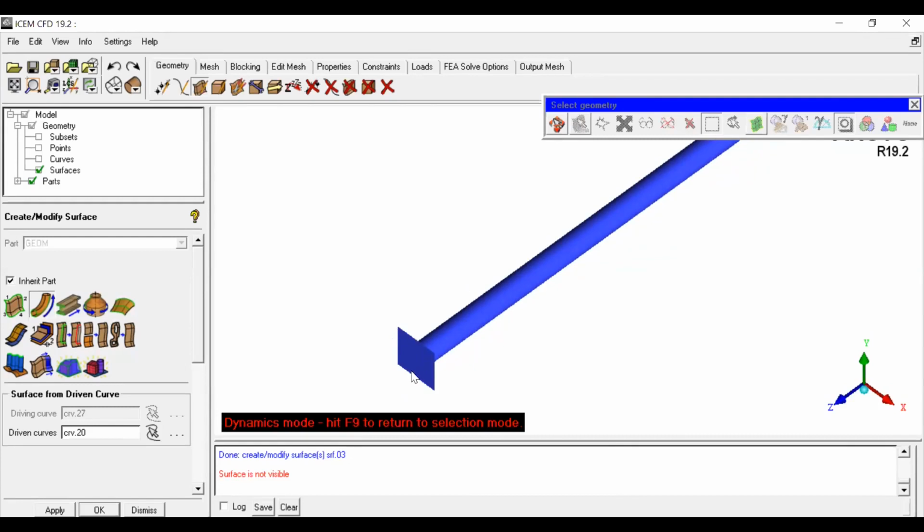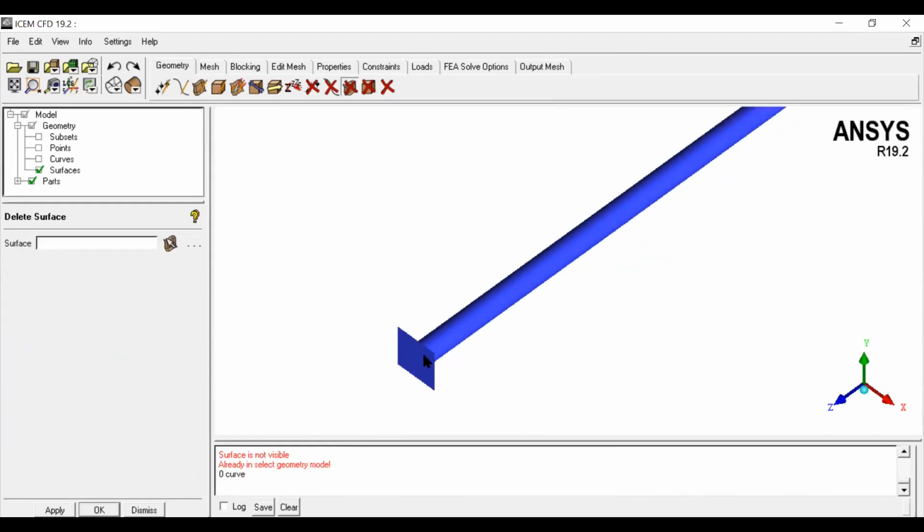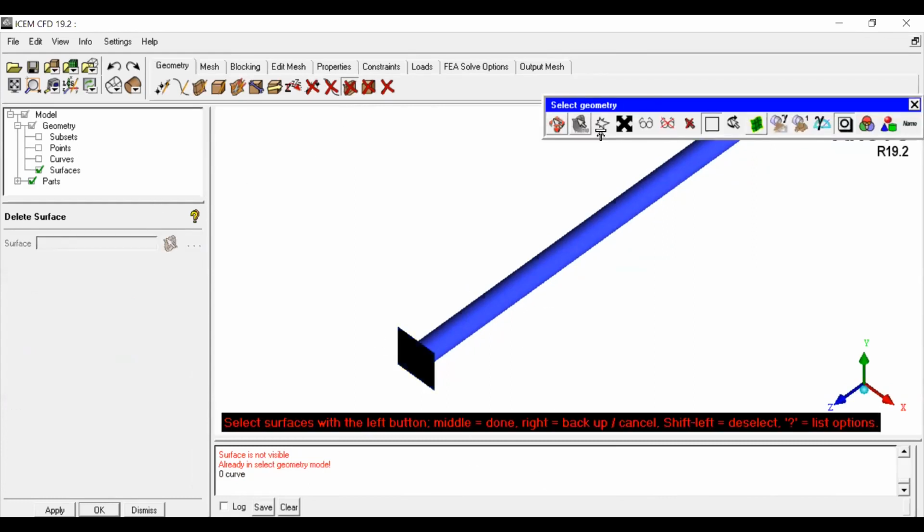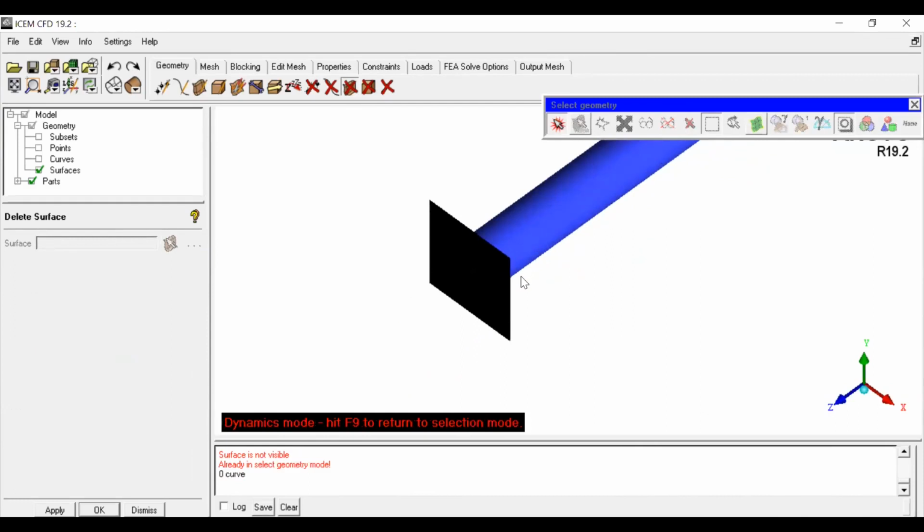So there is some inlet boundary condition, right? You can verify whether the circle surface is created or not with the delete surface command. See here, only the square is created. That means you need to separate the circle from the square. You need to segment the surface.